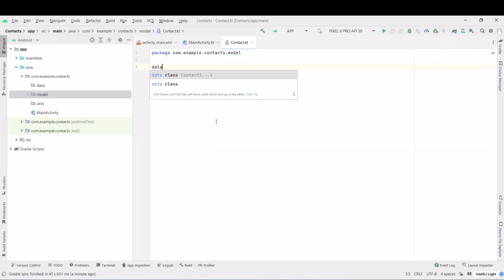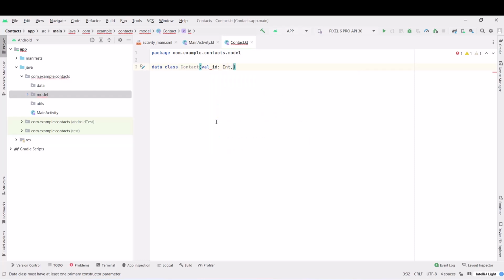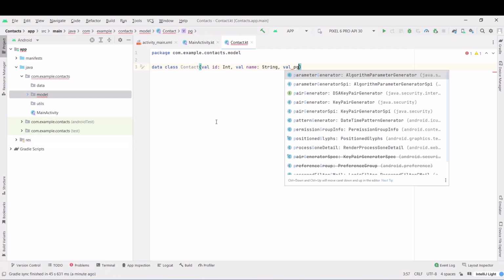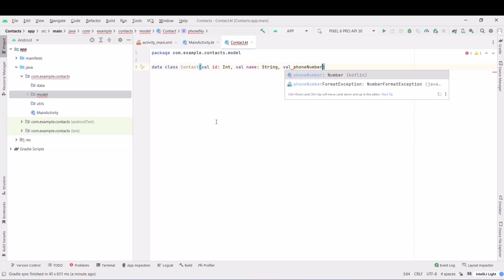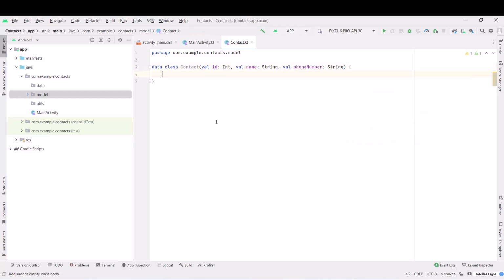And here I will type data class contact, and here I will type val ID of type int, val name of type string, and val phone number of type string. Then I'm going to put curly braces and I will create another constructor which is going to have only the name,